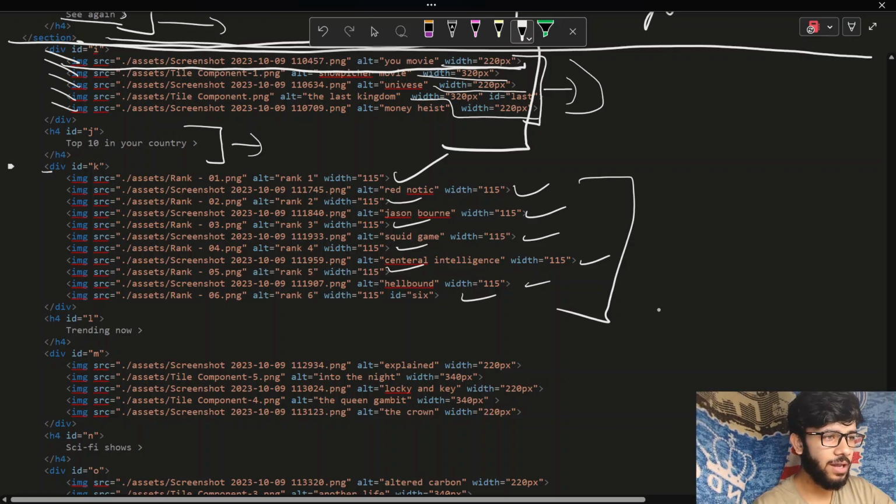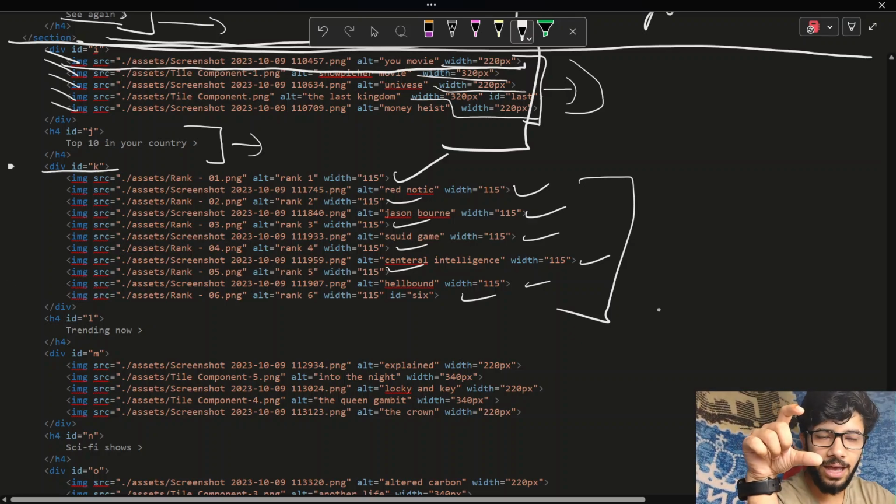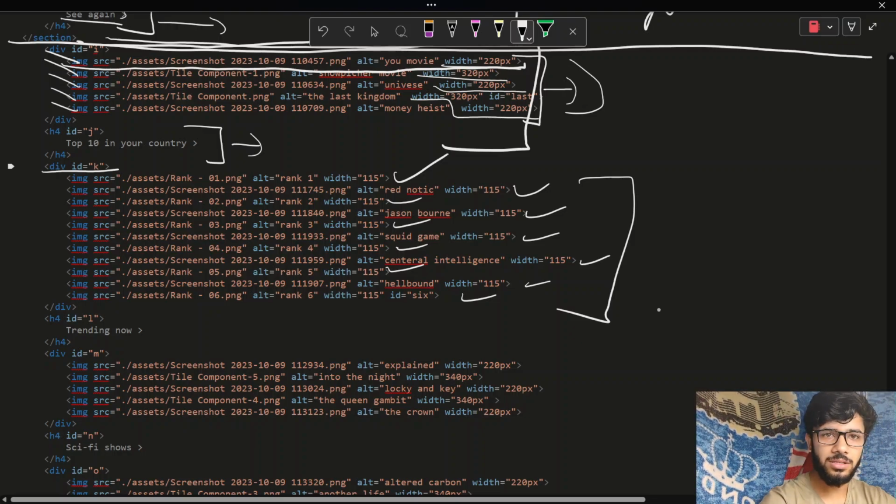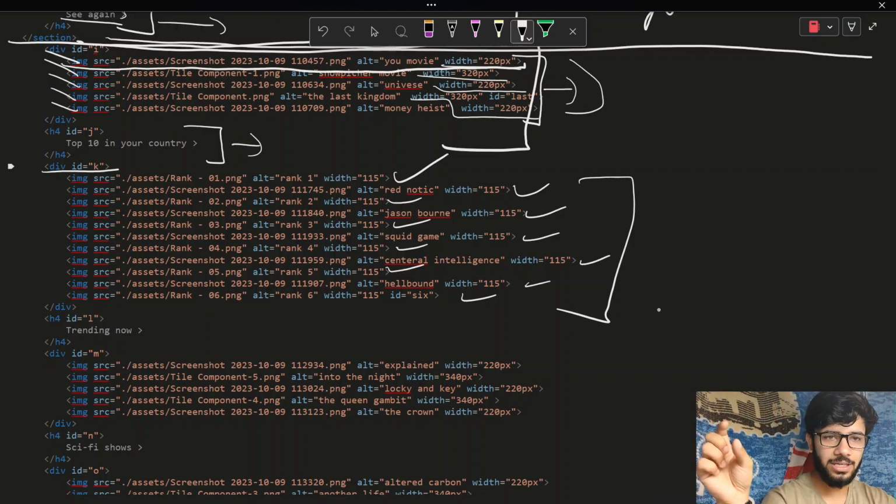So you make a div tag. Inside that div tag, you will have all those images inserted, and then show it as in sections. So that's how a basic project works. These are all very basic things. If you have given even like 5 to 6 months on HTML CSS, then you will think this is